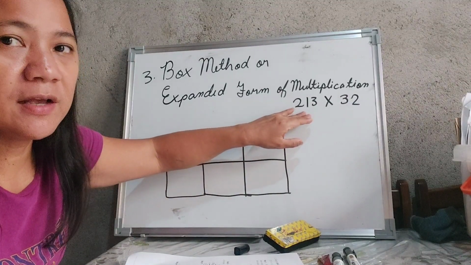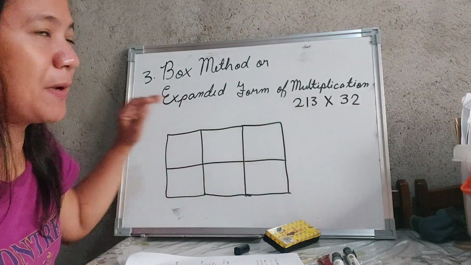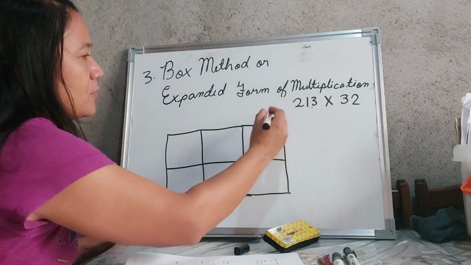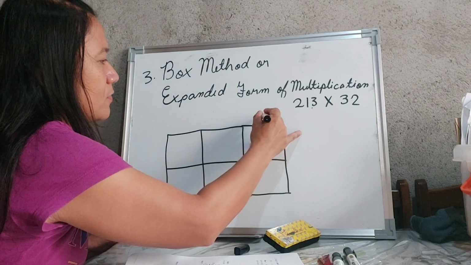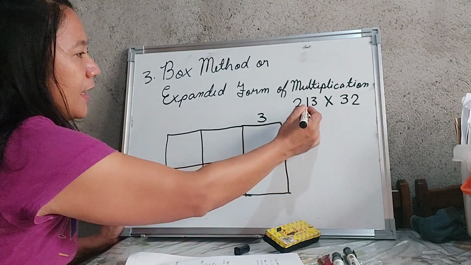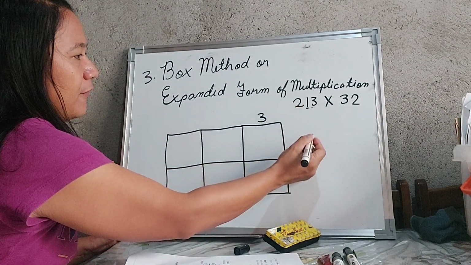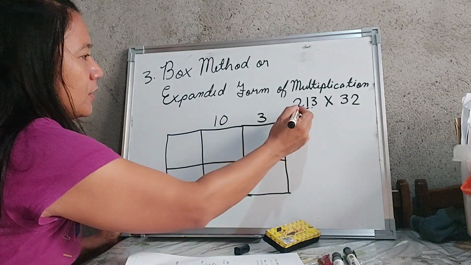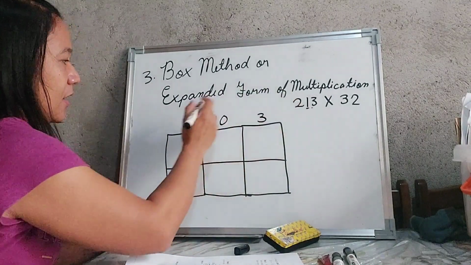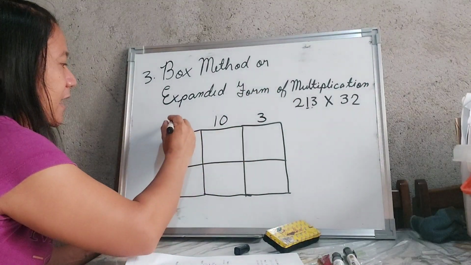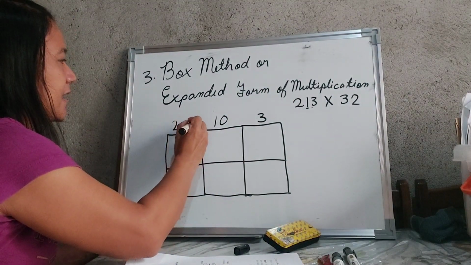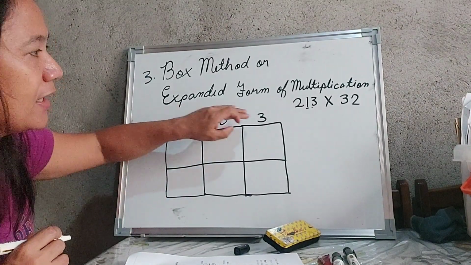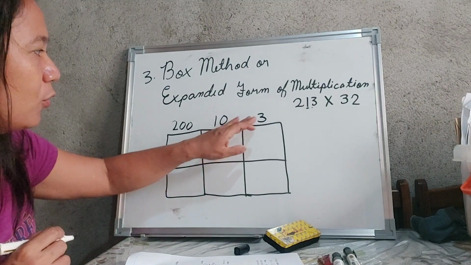Paano ba sulat ng kanilang expanded form? Let us begin with the 3 or the 1's value. So since 1's value is 3, and then the second value which is 1, so magiging 10 siya. And 2, dahil nasa hundreds place siya, i-write natin siya sa expanded form na 200. So ganito magsulat ng expanded form according to their